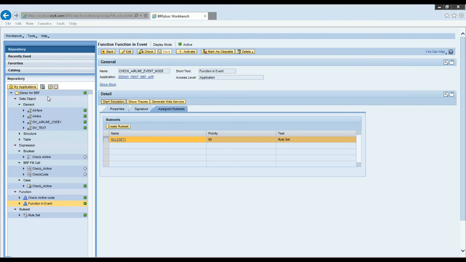All these things that we are creating at design time, we can create at runtime using coding. So BRF provides a lot of APIs. I will introduce you to the APIs, and we will see how we can call those APIs to create all these things dynamically. Any questions till now about the basic entities of BRF?